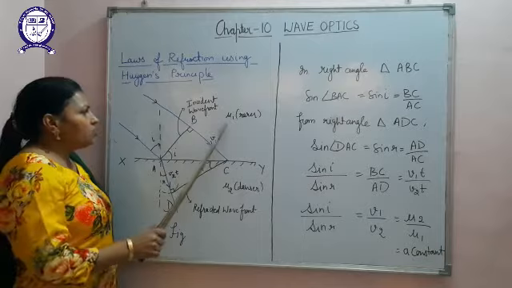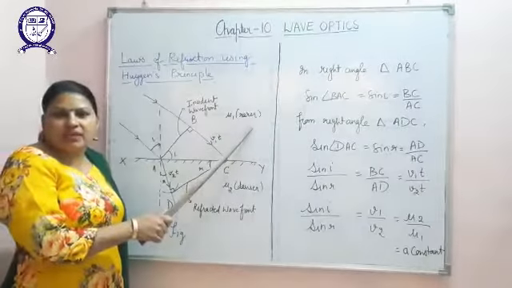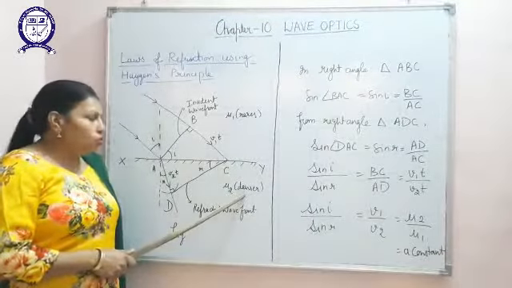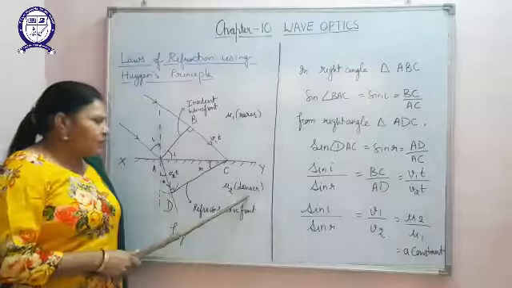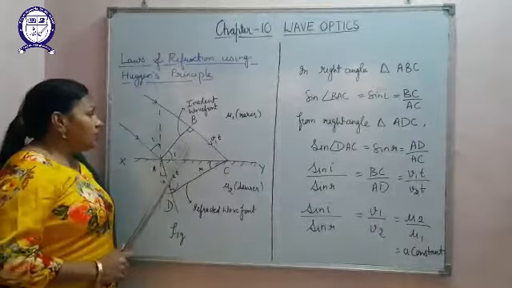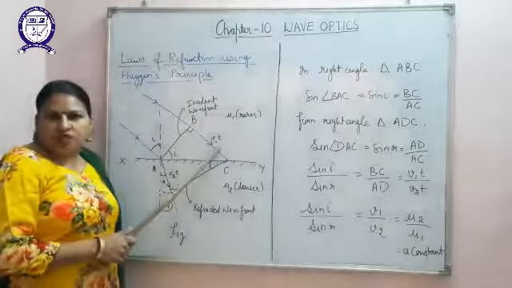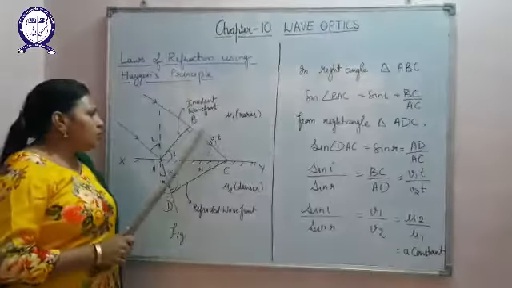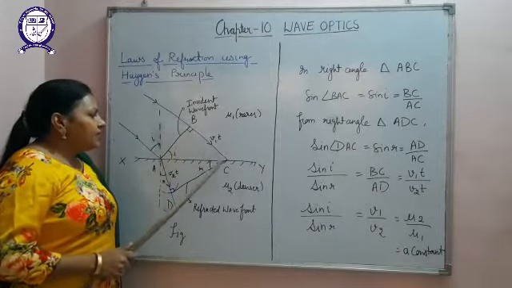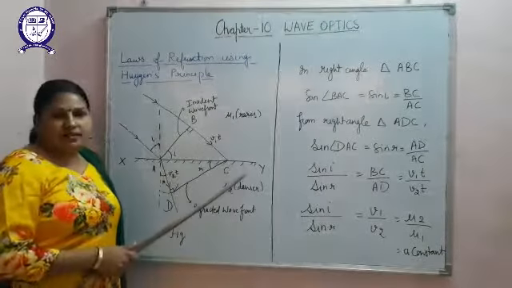Over here we have assumed two mediums. The first medium is the rarer medium, having the refractive index mu1, and the second one has the refractive index mu2, and it is the denser medium. That means mu2 is greater than mu1. In the first medium, say the wave is propagating with the velocity v1, and in a particular time t, it has just propagated the distance BC.